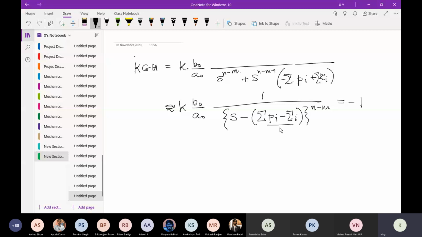There will be n minus m here. So I'm just considering this as an inverse. I mean, this is the expansion of this. Normally we proceed the other way around. So if you expand this, you are going to get this. We are used to doing it the other way around.